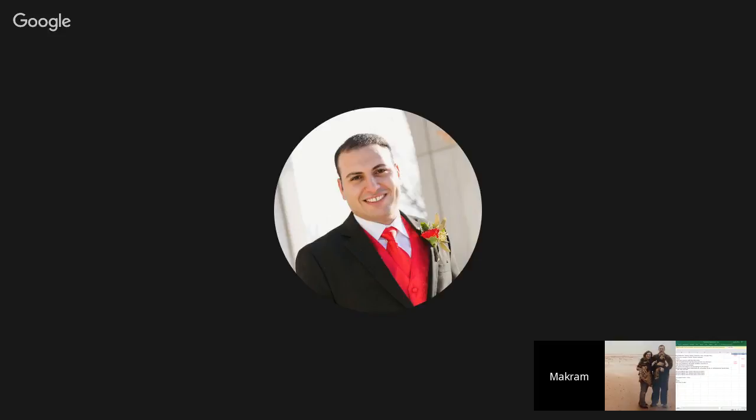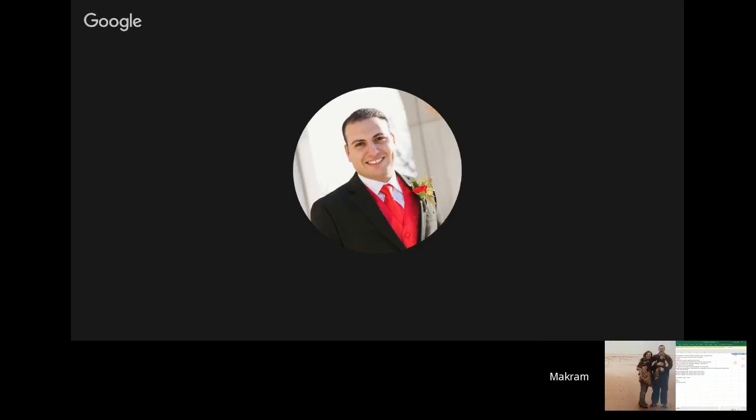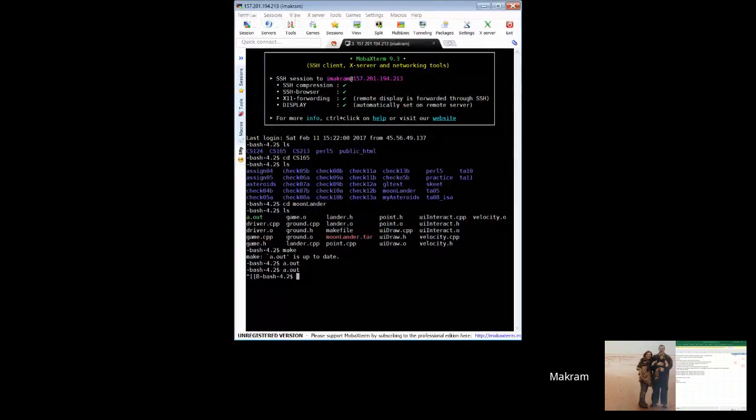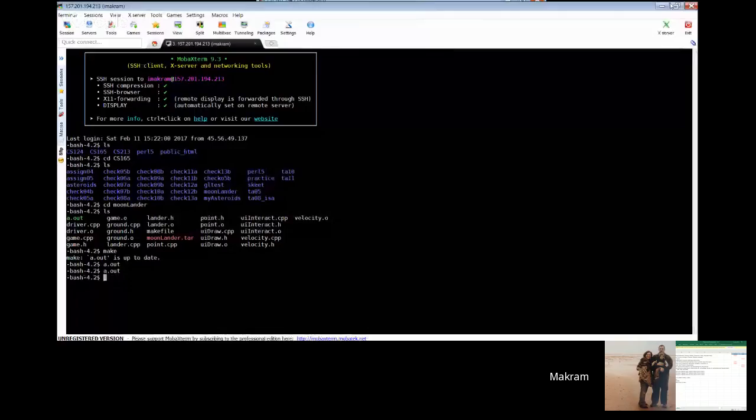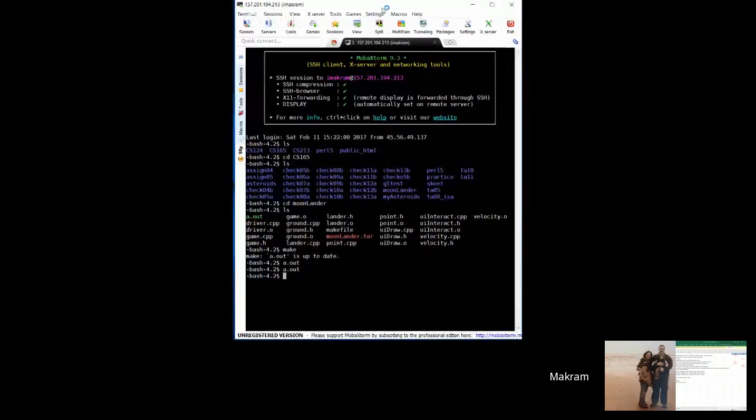Something's going wrong. So when I share it, we're seeing your main desktop. And now we see your window, your Linux window. Okay, what about this? You see the window still like this? Yeah, now we're seeing your terminal.